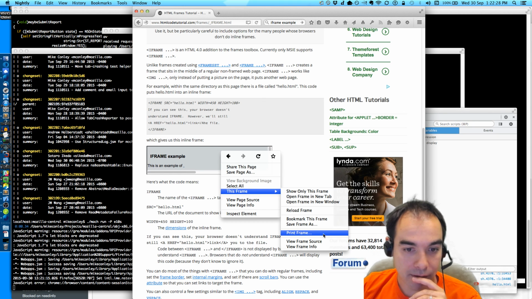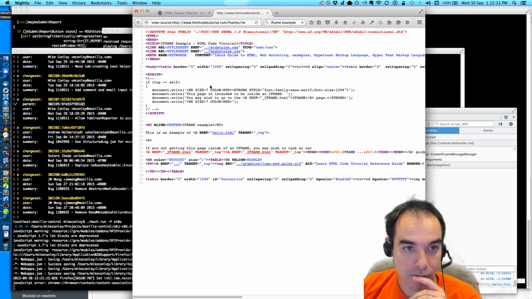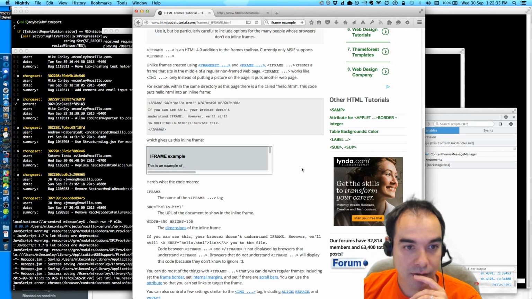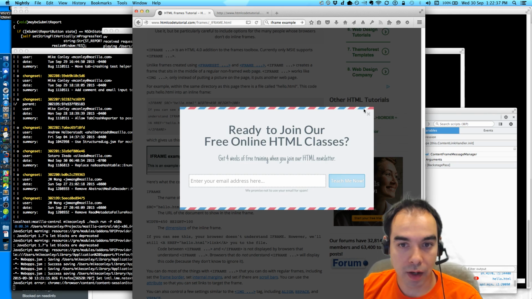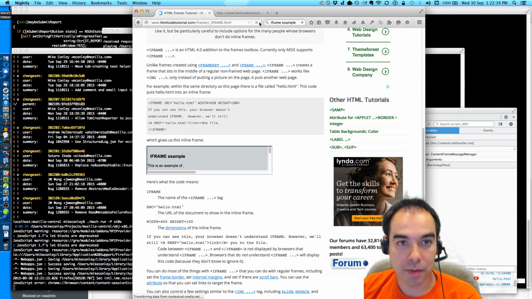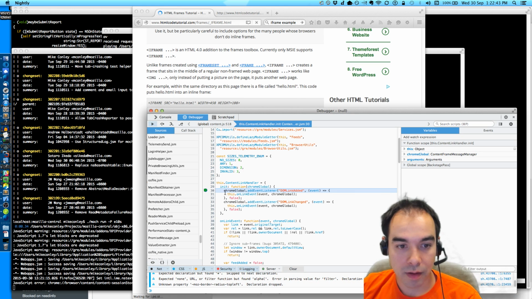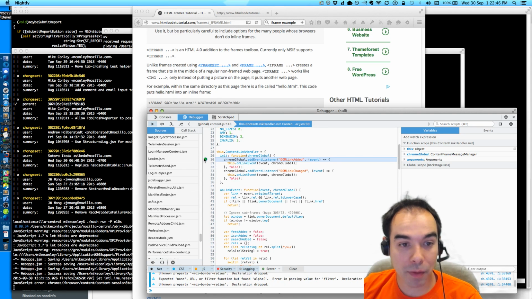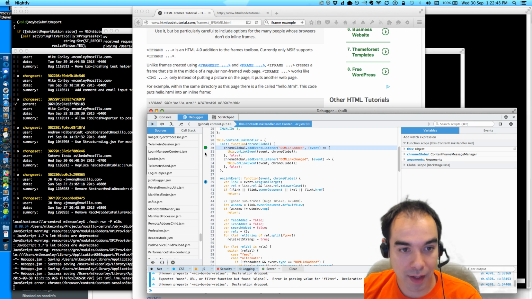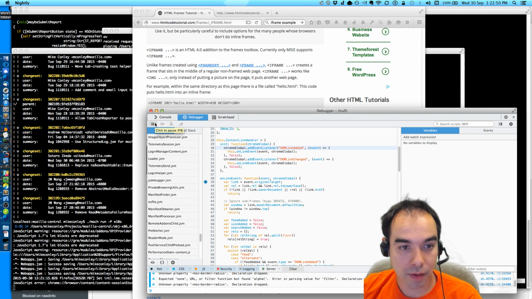I did not expect that. Let me view the source again. So the frame, body styles and standard styles. If I reload this page, I do hit the breakpoint. Oh, because I put the breakpoint in the wrong place. I wanted to put it over here. That's what I want to do.